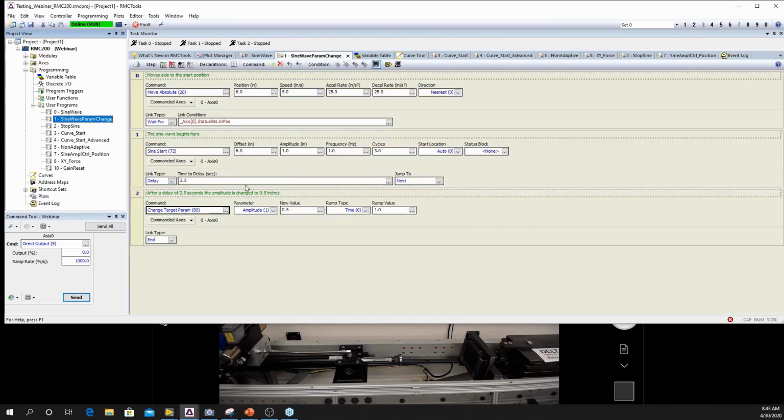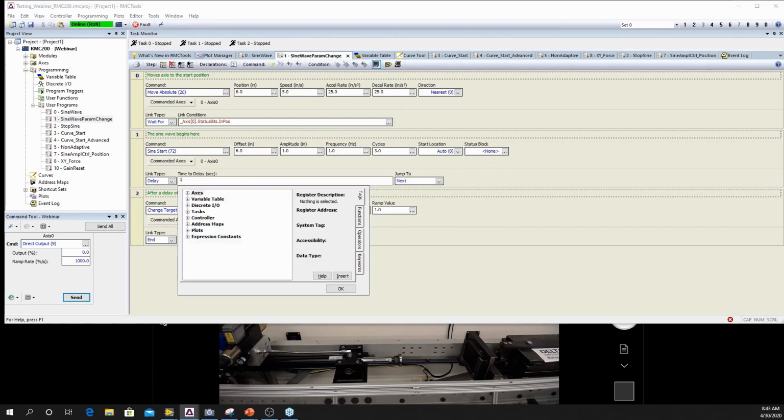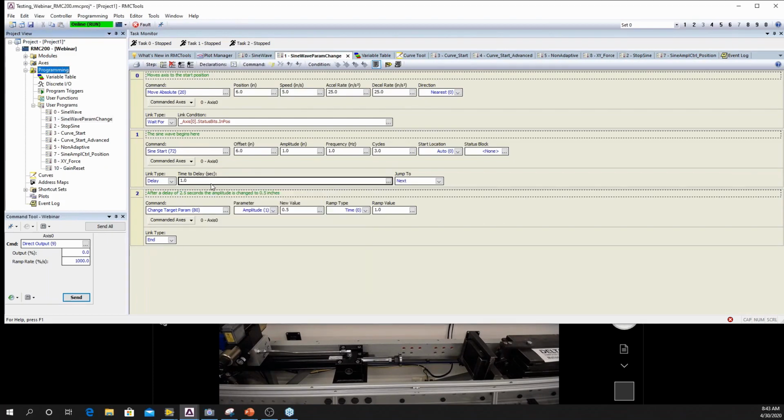One second here. So I had a delay set up. I set it up for a little bit too long here, guys. This is something that happened earlier. Changing around my amplitude, changing around my frequency. Let's go ahead. I'm going to change my delay to a little bit shorter